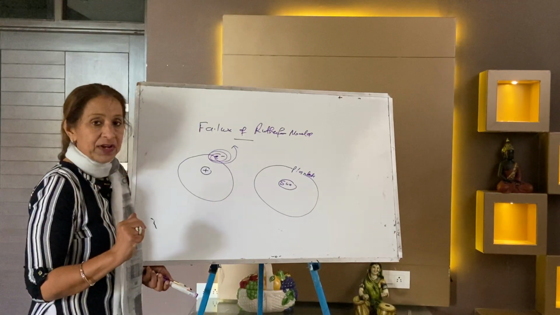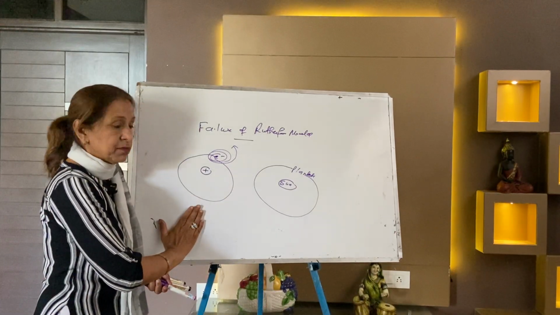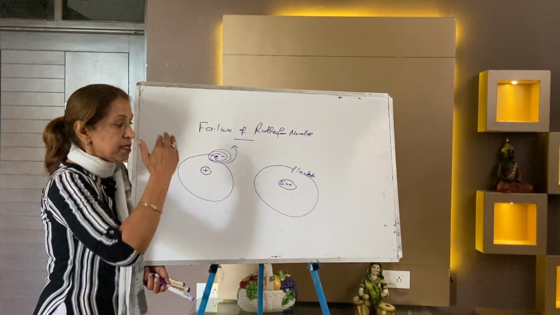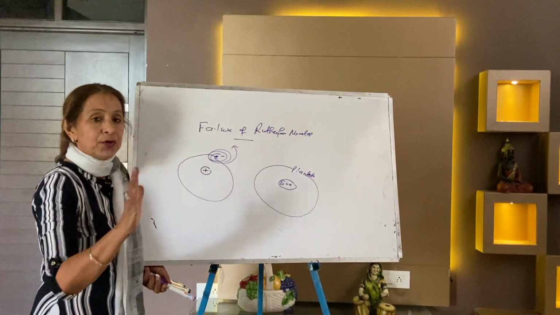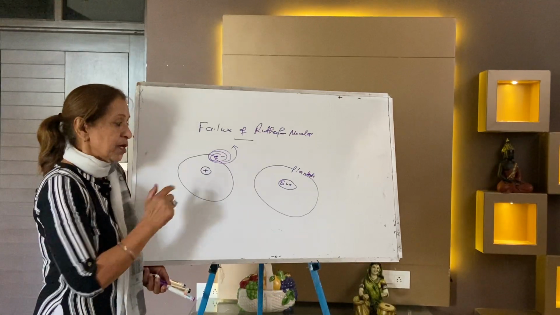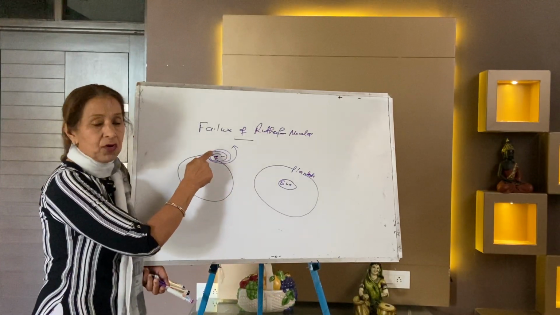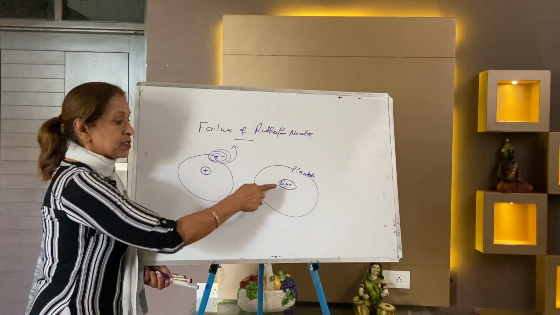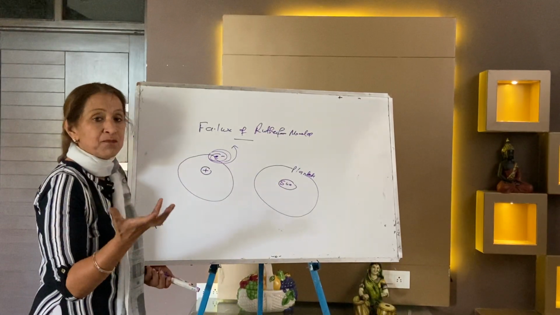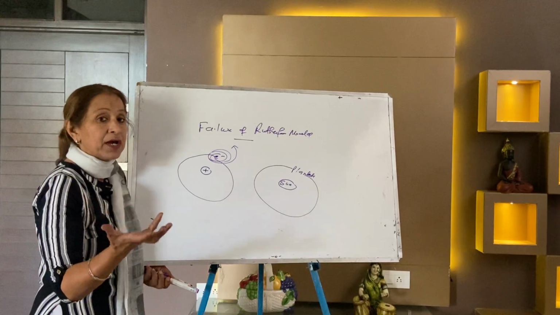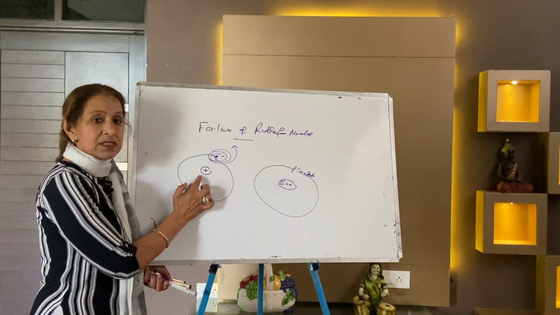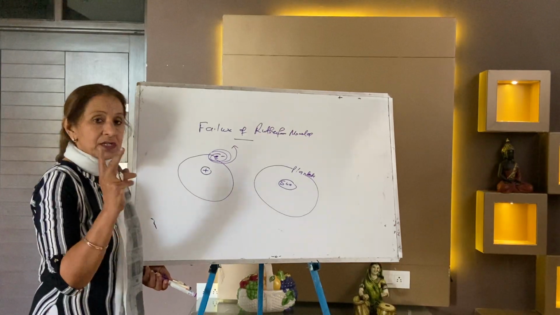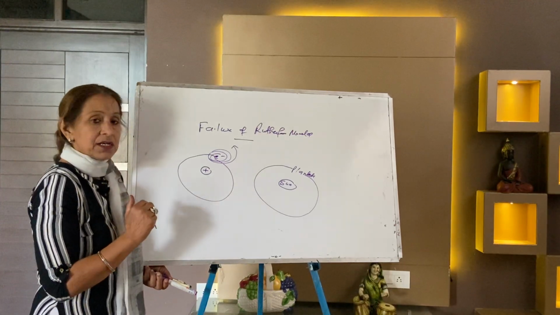But there are two differences between the atomic model and the solar system. The first is that the sun and the planets do not carry any charge, but the nucleus and electron both carry charge. And the second is that the sun and the planets are massive bodies, very much bigger, and the nucleus and electrons are very much small bodies. These are the two differences.